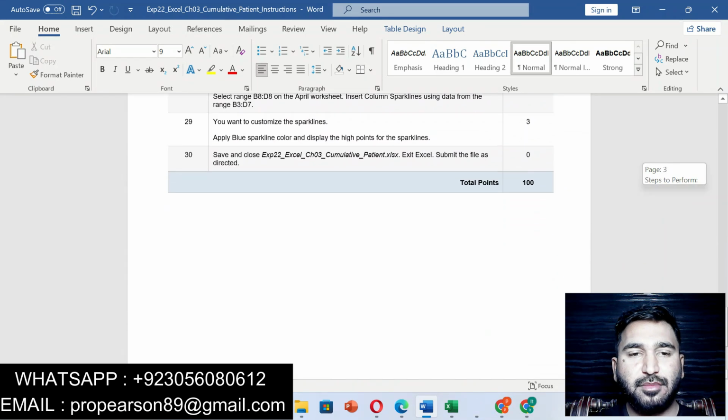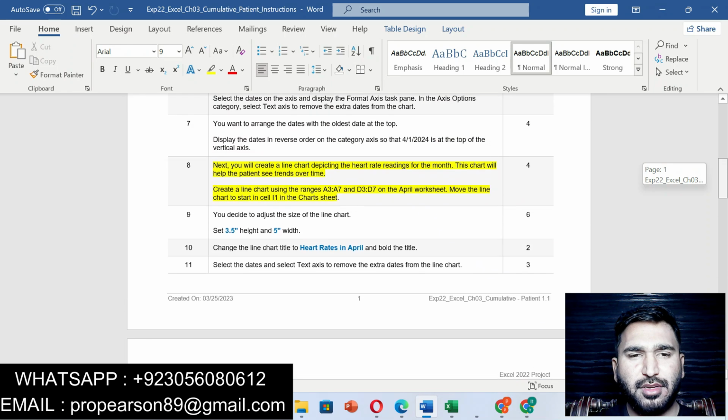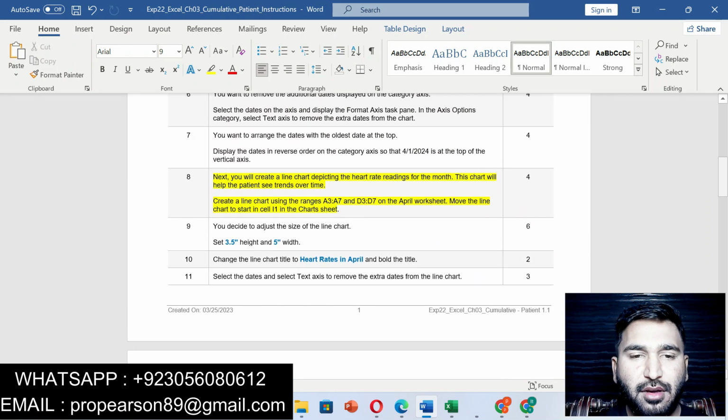The total number of questions in this assignment is 29. Now I am doing question number 8. Create a line chart using the range A3 to A7 and D3 to D7 on the April worksheet. Move the chart to start at I1 in the chart sheet. Okay, basically in this question we will create a line chart using these two ranges,